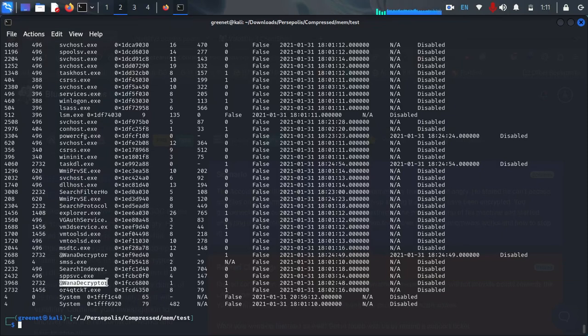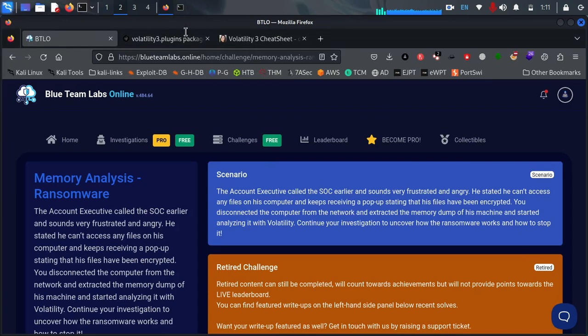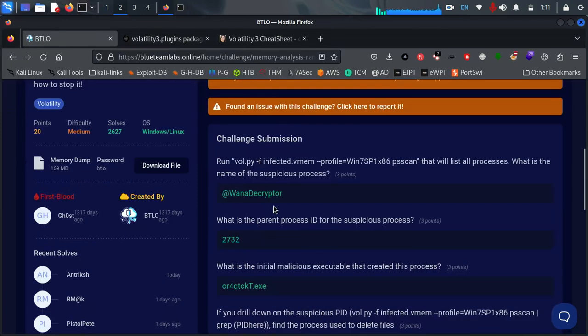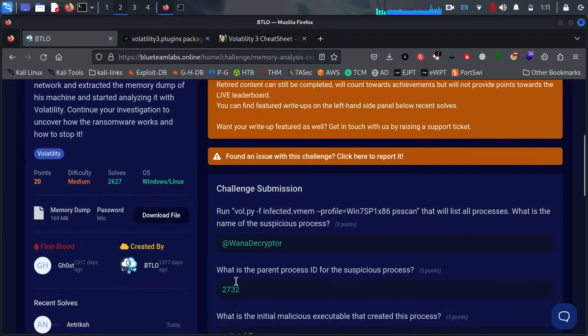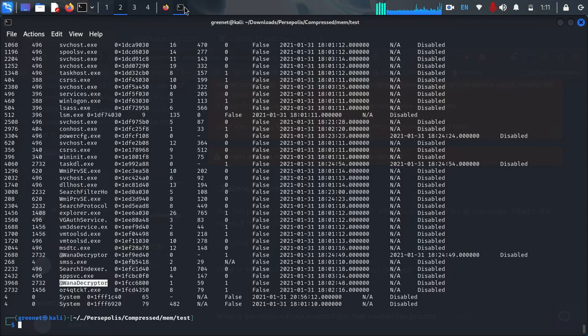So now you can copy this, and if you come back here and you paste it into the WannaDecryptor, you will see that you receive your marks. Now here they will go on and tell us, for the next question, what is the parental process ID of the suspicious process. Now we have already talked about that. If you choose the WannaDecryptor, you see the PPID, it is that one, whereby that PPID is the PID of this weird